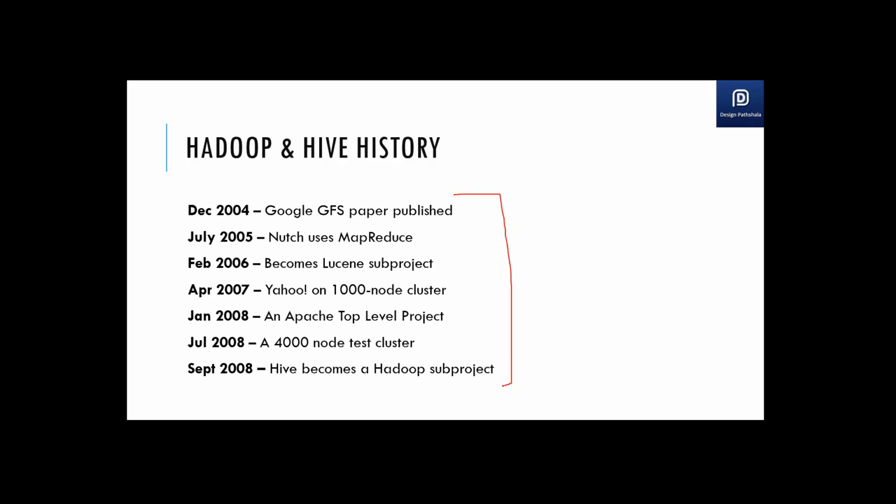Most of the names that Doug Cutting gave to these projects are influenced by his family or by his child. Hadoop is the name of a small elephant which his toddler used to play with. Nutch and Lucene were the name of his wife, or some maiden name of his wife's mother. So most of the names he gives are influenced by his family or by his child.